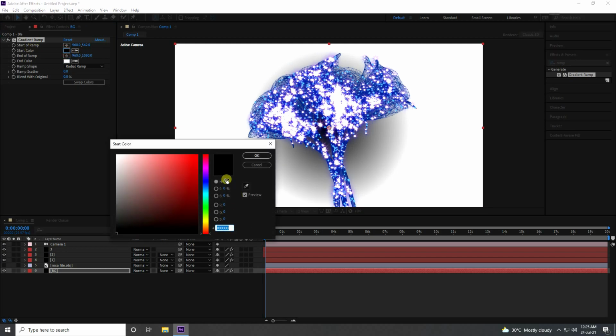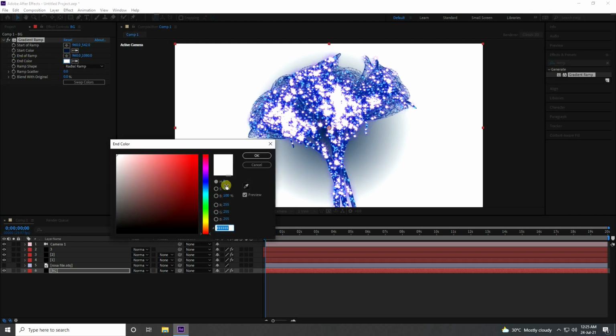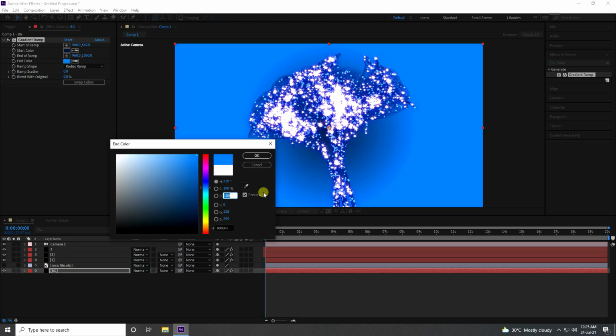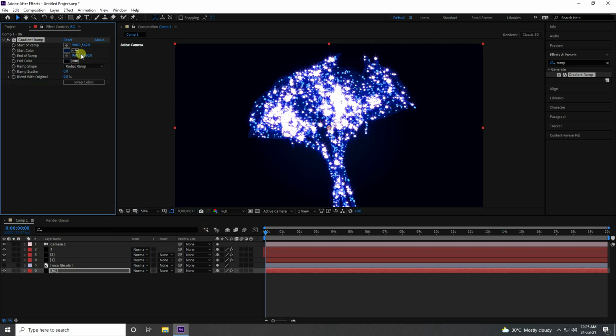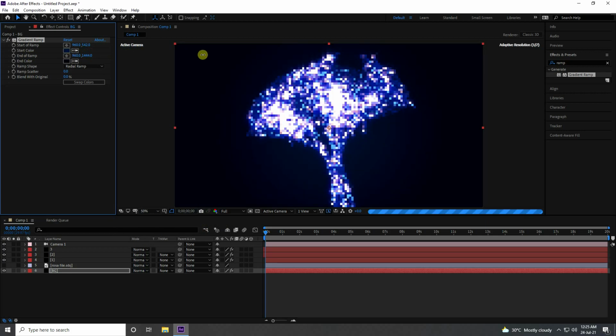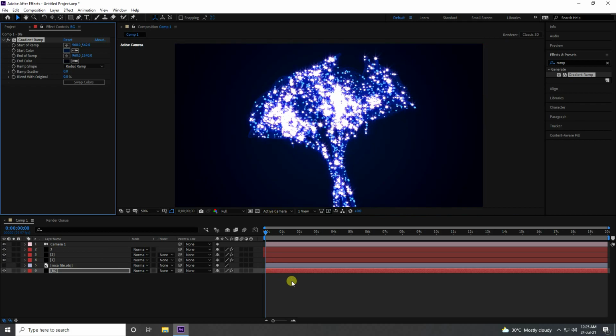Guys, take blue as 210, 100 and 25. And the second one, end color, I like 210, 100 and B I like 10. Yeah, and increase this ramp size. Yes, right, see, it's beautiful guys, right?